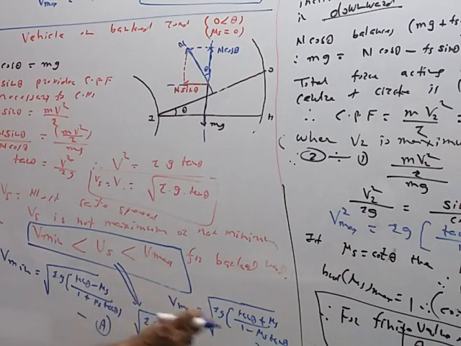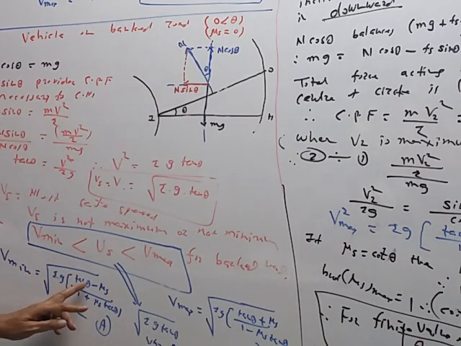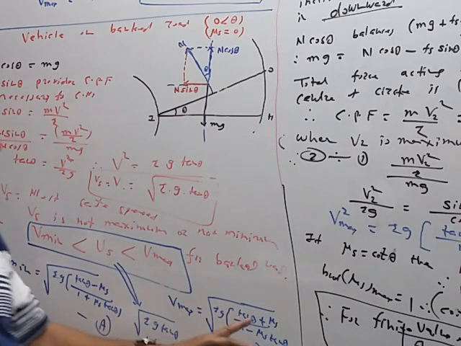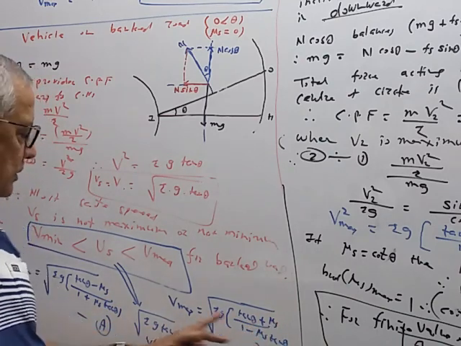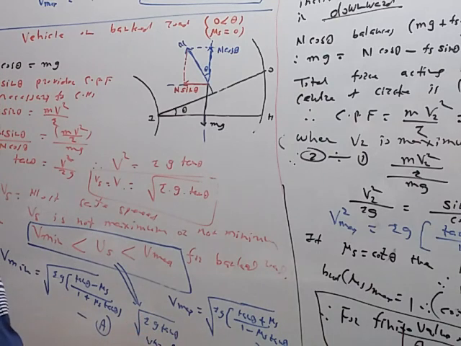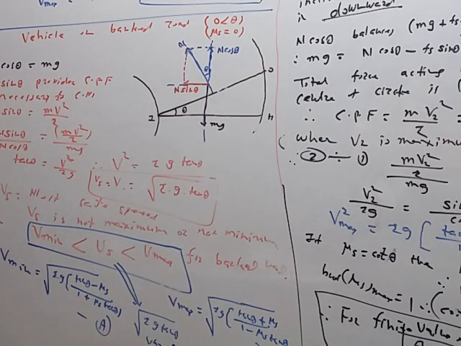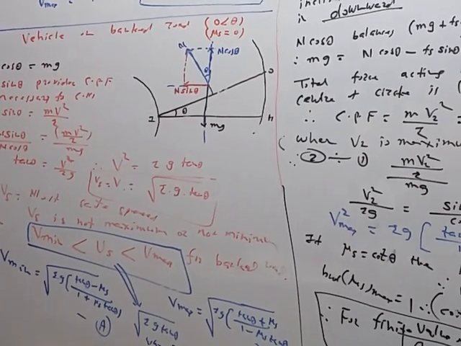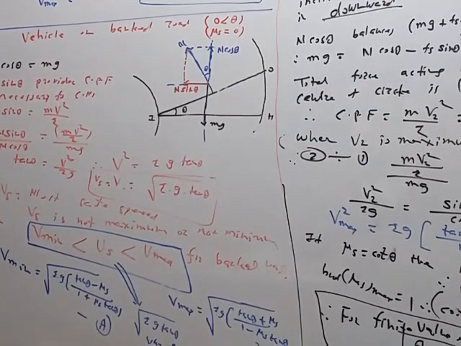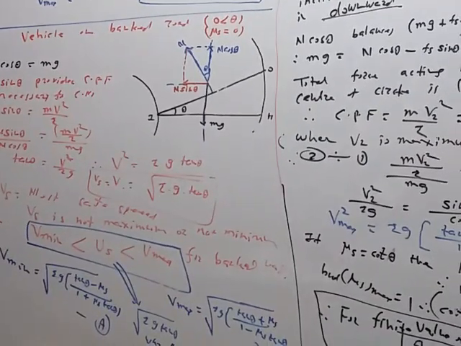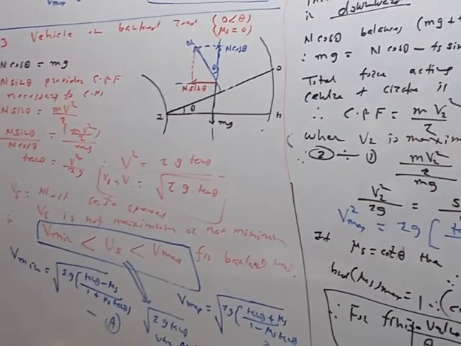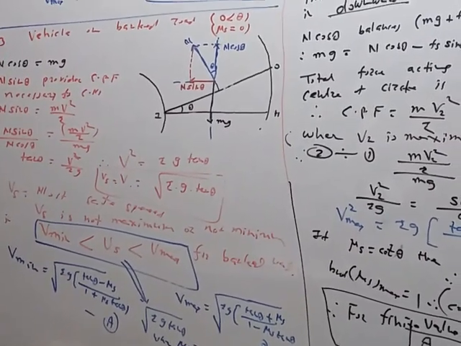So minimum speed limit, maximum speed limit, and safe speed limit, like this. For road banked at an angle theta having coefficient of friction mu s, and road banked only but no friction, like this. The equation मध्ये काय changes होतात ते आपल्याला सांगता येईल. So this is about the motion of a vehicle on the bank road, 3 cases like this. So we have completed all the 3 cases of vehicle on the bank road.